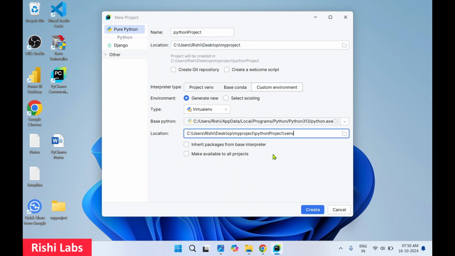Next are these two options which are very important for your project configurations, like inherit packages from the base interpreter. Now what this option does, if you check this, it will allow a virtual environment which we are going to create to access libraries from the global Python installation. Means the libraries which are installed outside the virtual environment can also be accessed in the virtual environment